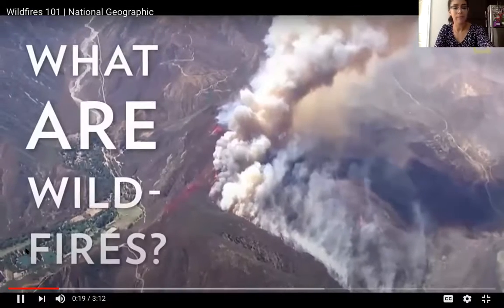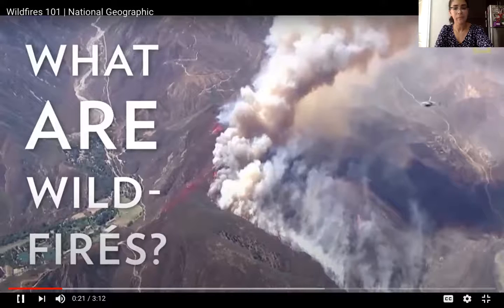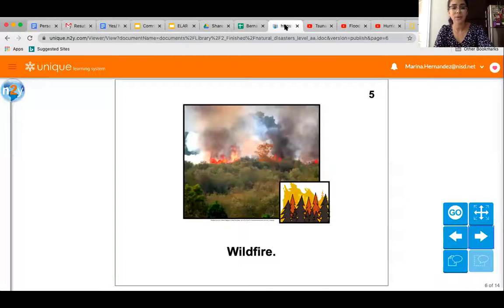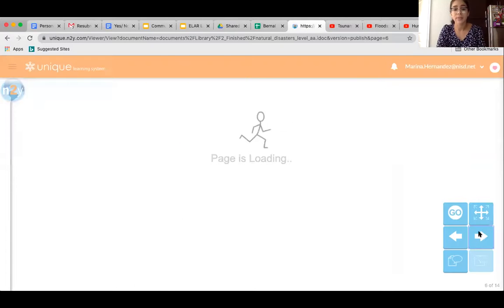Wildfires are large, uncontrolled infernos that burn and quickly spread through wild landscapes. Alrighty, so that is what a wildfire may look like. Again, it's usually caused by people. And since trees burn so quickly, it kind of wipes out that whole area, which is very sad because we need trees to breathe. And also lots of animals live in those forests, in those areas, right?